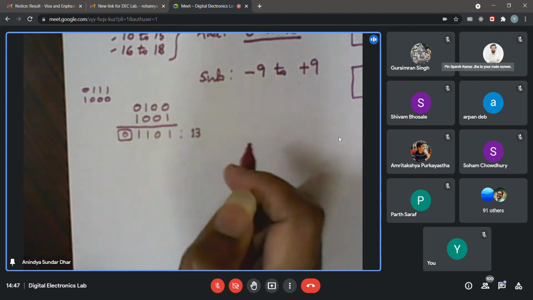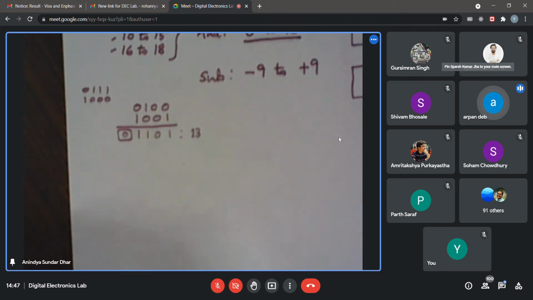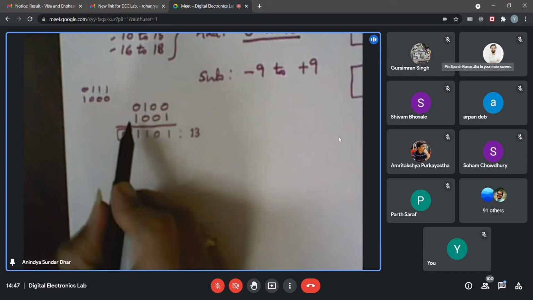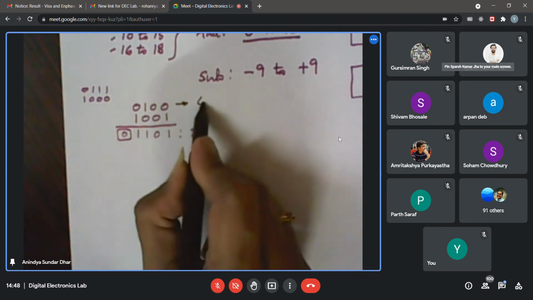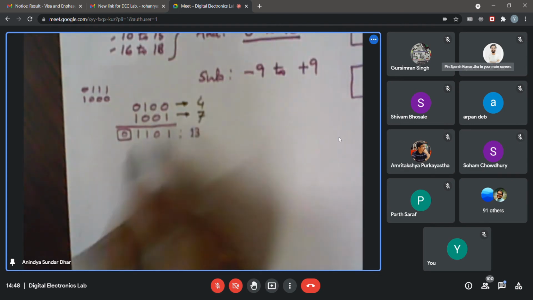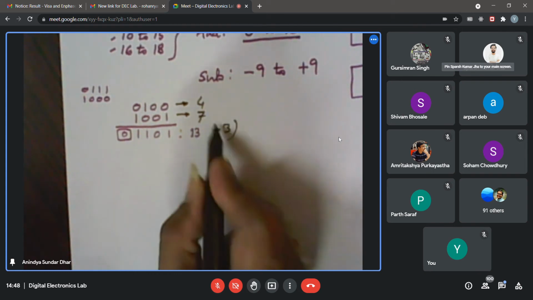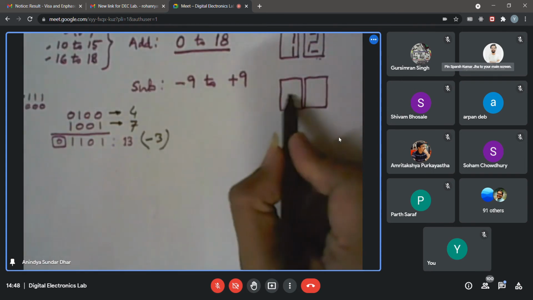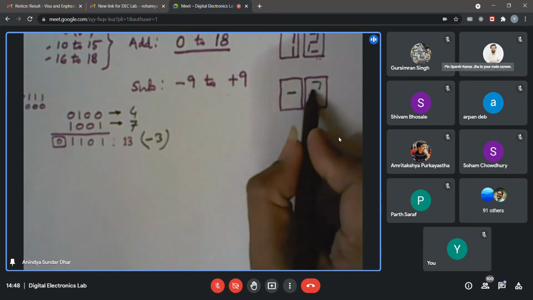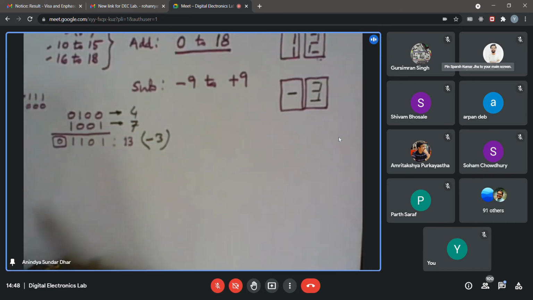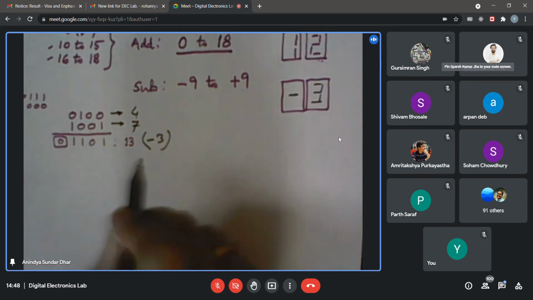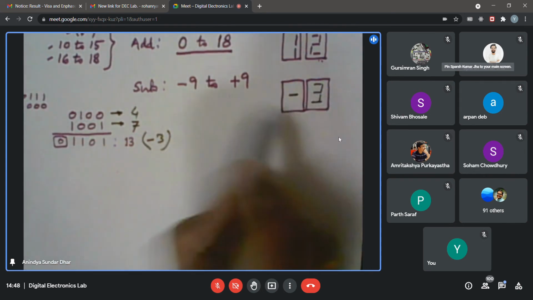How do I interpret the result? Minus 16 or 2. So it is basically minus 3. How far do I need to go to reach 16? So basically 13 minus 16 is minus 3. Now if this thing is coming, I know what I did. This is 4 and I have subtracted 7 from that. So 4 minus 7, I am expecting minus 3. In that case, can I display the result like this? The user would prefer that it would be minus 3 rather than 13 with something, even if you turn off that one.